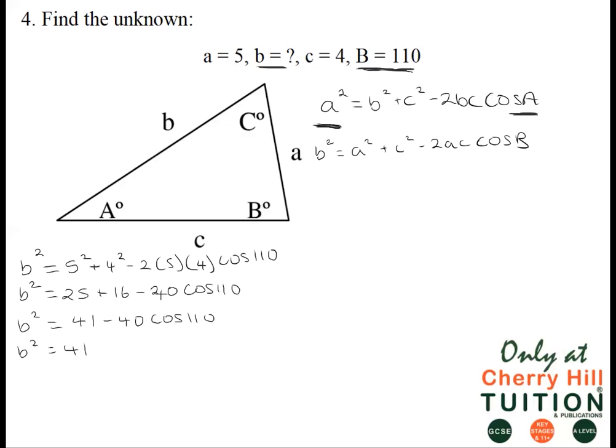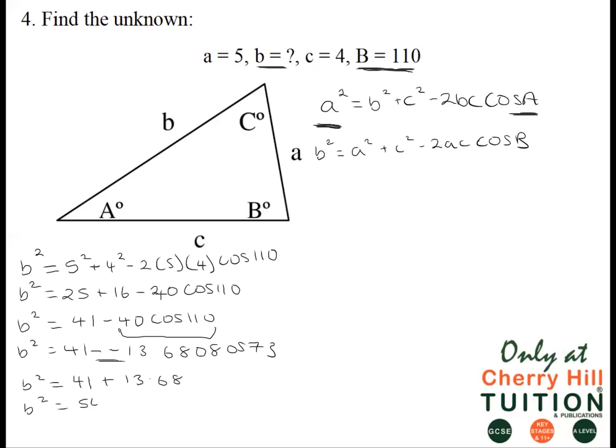So if we plug this into our calculators, 40 cos of 110 gives you minus 13.68, and two negatives gives us a positive, so b squared is equal to 41 plus 13.68 to 2 decimal places. So b squared is 13.68 plus 41, which is